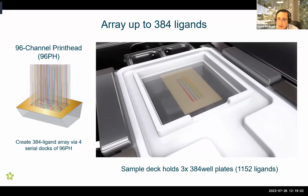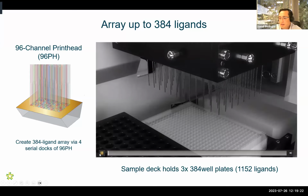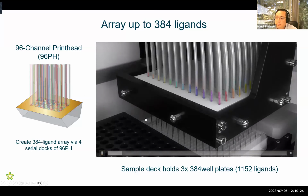Unlike most microarray systems where you're depositing material on the surface, this is actual flow. So it's going from running buffer to sample, then back to running buffer. So all of the types of workflows that are done on conventional biosensors can be done here, where you're either immobilizing from low concentration samples using electrostatic preconcentration, or you can capture from crude samples if you have an affinity